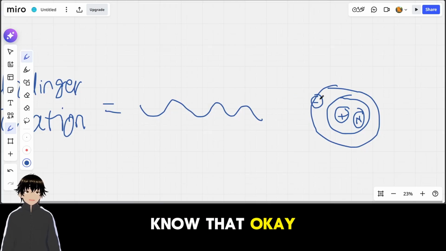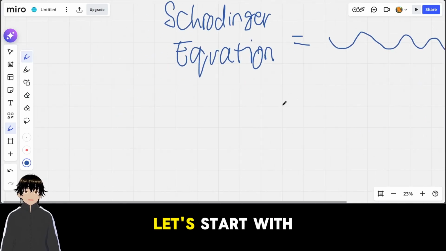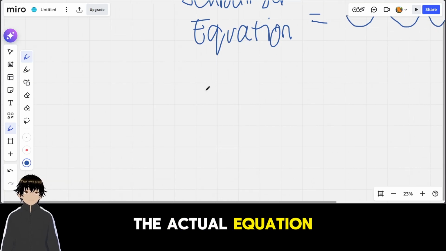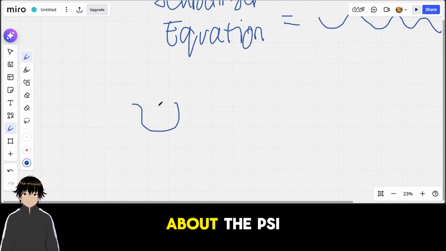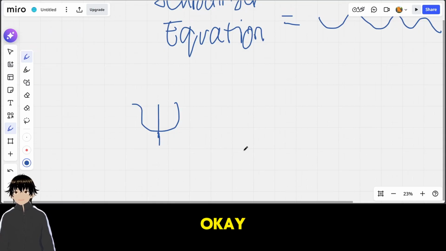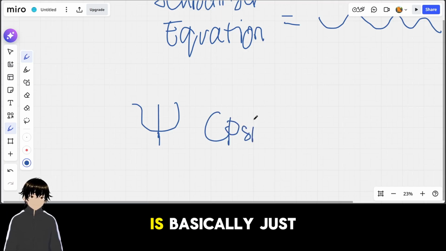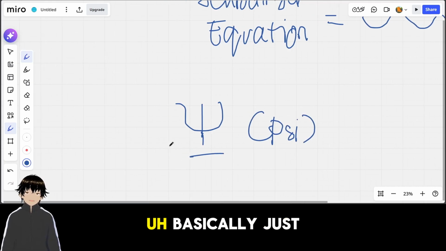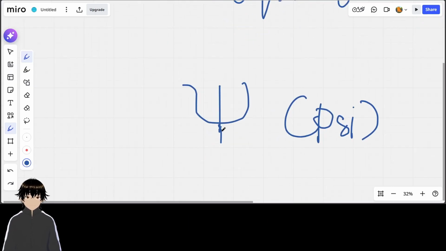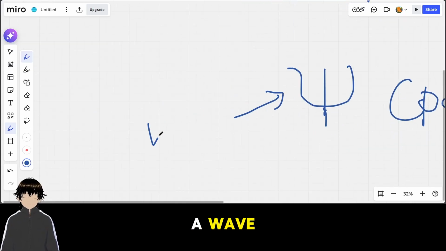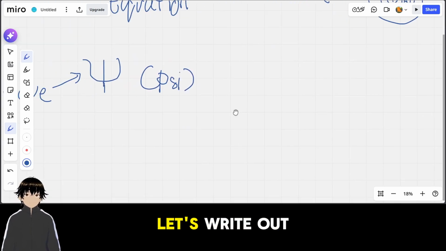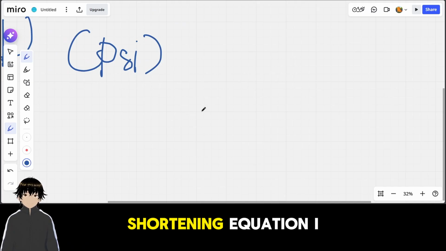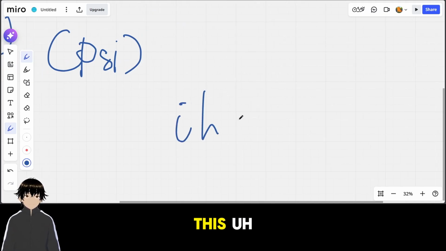Now that you know that, let's start with the actual equation. But first, let's talk about the psi. The psi sign basically depicts a wave. So now that we know this, let's write out the full Schrodinger equation. I believe it's like this: